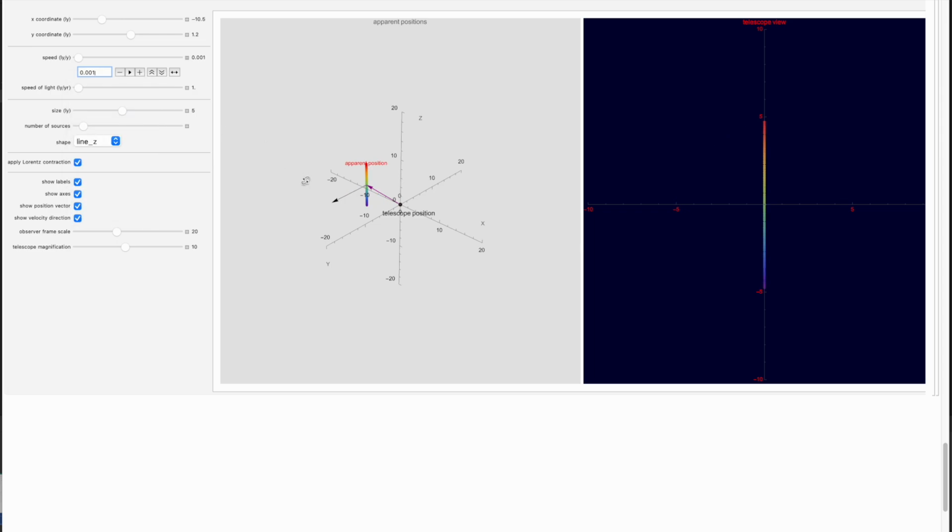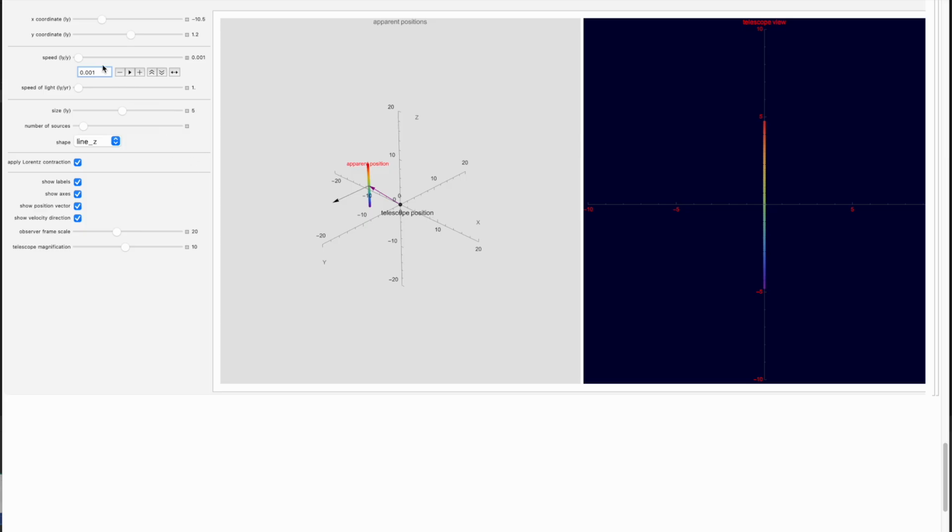It's just a simple one-dimensional line. And in this geometry, the line of sight and the velocity vector and the line itself are all mutually perpendicular to one another. Okay, very good.